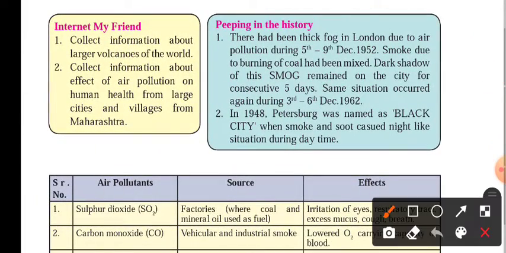peeping into history, they have given some important information over here. There had been thick fog in London due to air pollution during 5th to 9th December 1952. Smoke due to burning of coal had been mixed. Dark shadow of the smoke,